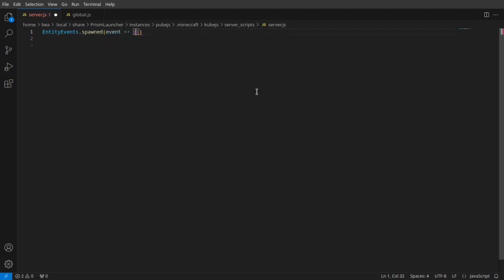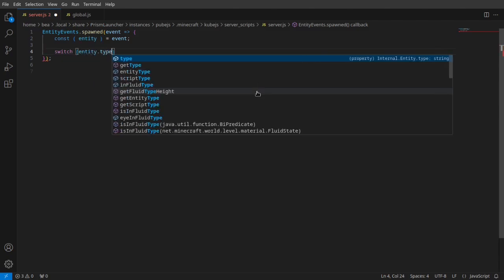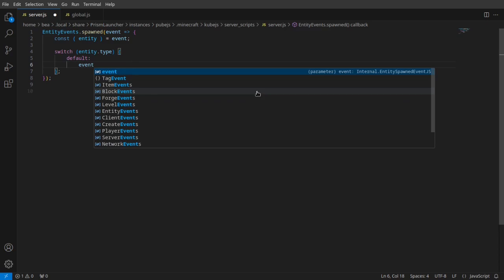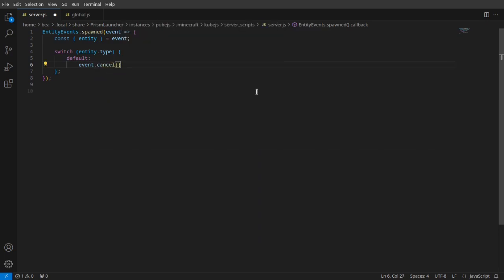I'm just gonna start like how we did in the mob spawn video. I'm just gonna go ahead and make an entity spawn. So over here, we're just gonna pass the entity type into a switch statement. And I'm just gonna cancel all the other mob spawns just to make this easier. So what I'm gonna do over here is just say that if it's a zombie,